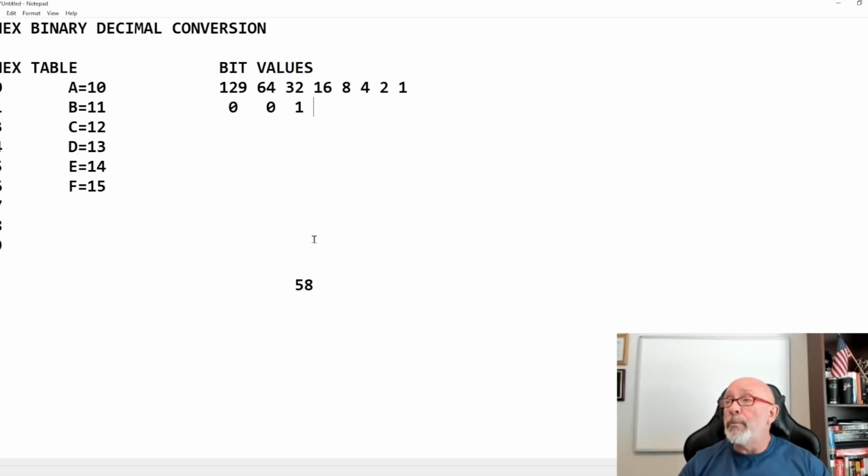All right, so how about 32? Yeah. 32 plus 16 is what? 48. Okay. 48 plus 8 is what? 56. How many more do we need? Well, we need 2 more for 58. And we're going to do the math, okay? So that means there's a 0 here. Let's delete that. And there's a 0 here.